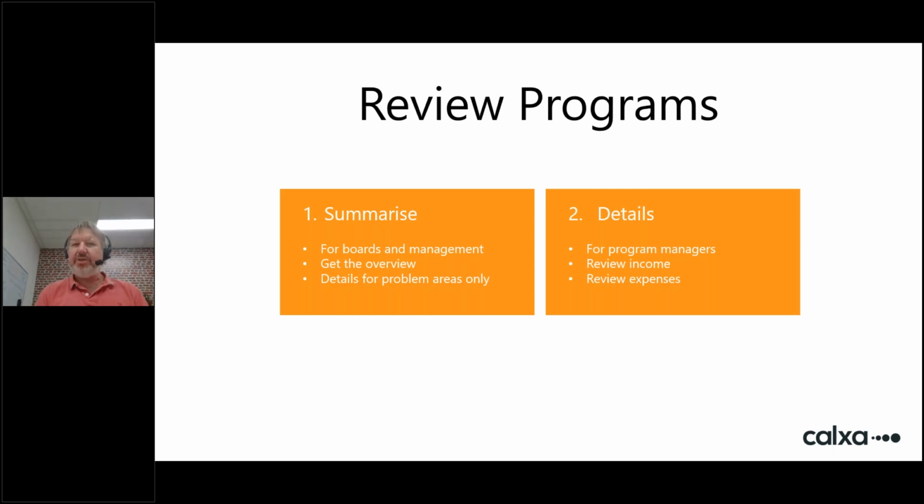You do need to summarize information for boards and senior management, because they will have lots of stuff to read even when you do summarize it, and you want to make sure that you're presenting them with readable reports that give them enough detail so they can make decisions and understand what's happening, but not so much that they just drown in that detail and get lost in it,